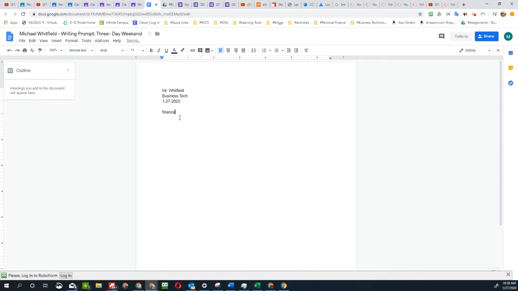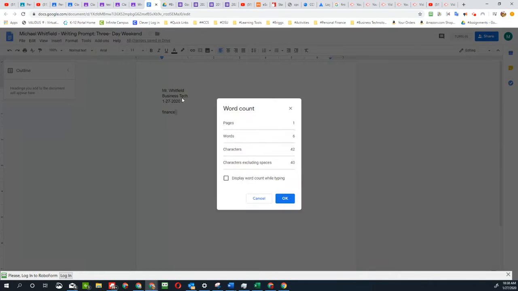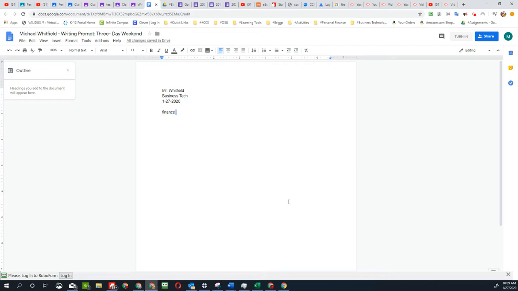Use a spell check. Another thing with Google is that if you go to tools and word count, it will tell you exactly how many words you have, how many characters you have, and that allows you to keep track of the count. 120 words is really not that long. As much as some of you guys talk and as much as I talk, it seems like a lot, but when you think about how many words you use when you're talking, it is going to be about 10 sentences that you write. So I feel like you all would have, in the case of most of these writing prompts,